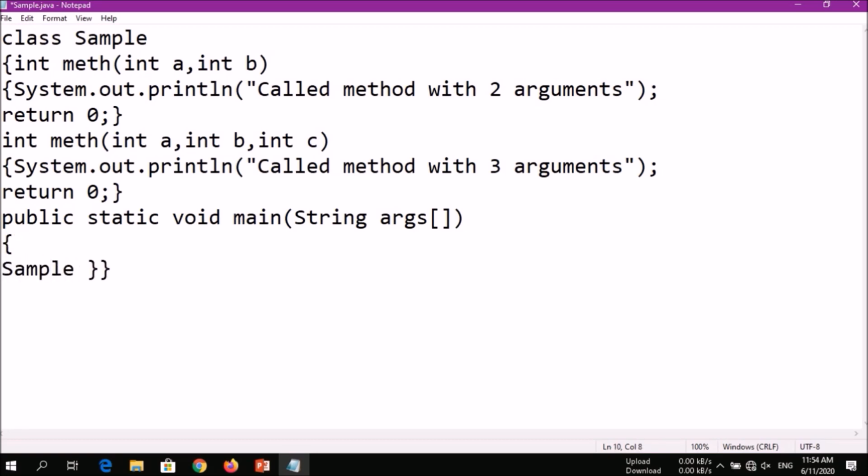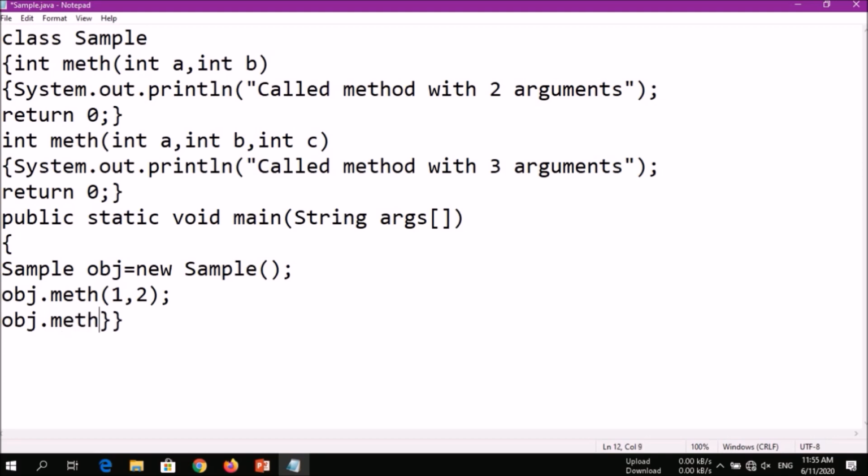Sample obj is equal to new sample, enter, and now obj dot math with two arguments, suppose 1 and 2. And write another one, math with 3 arguments. So this is it.